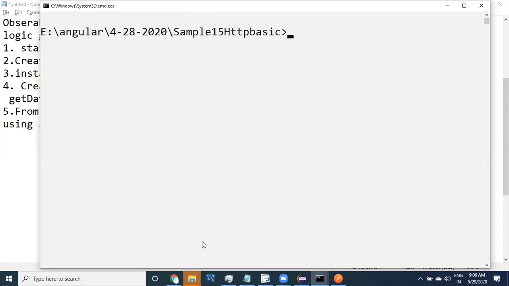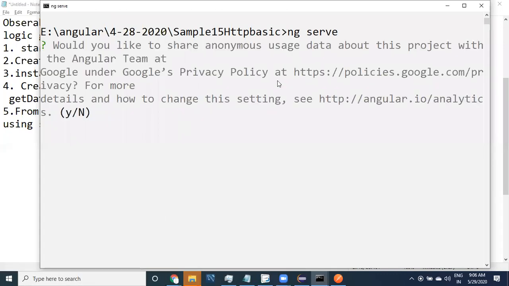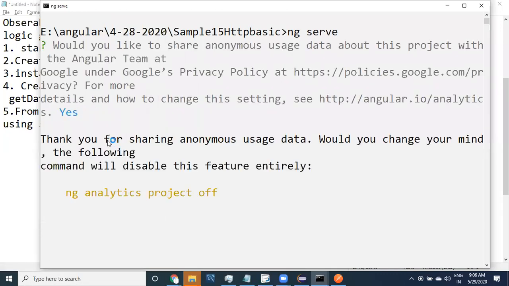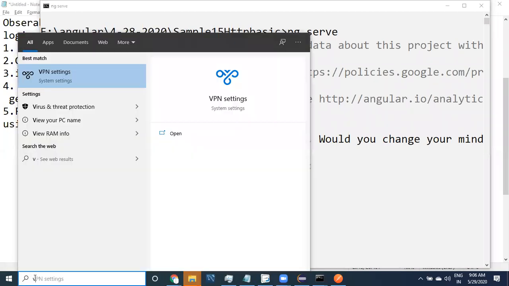Now, ng serve. What is it going to do? It starts running. Meanwhile, I will open the code in Visual Studio Code.